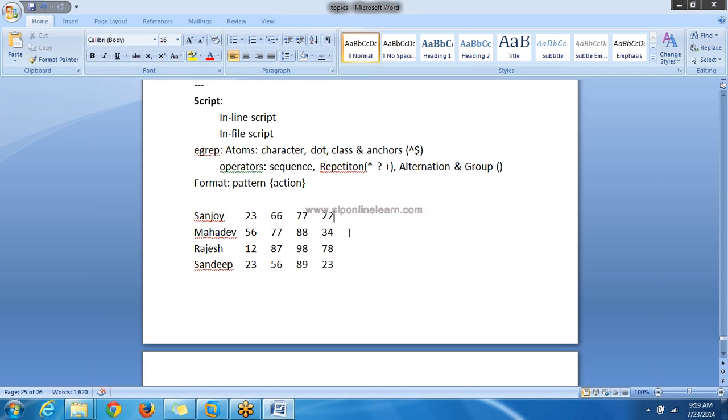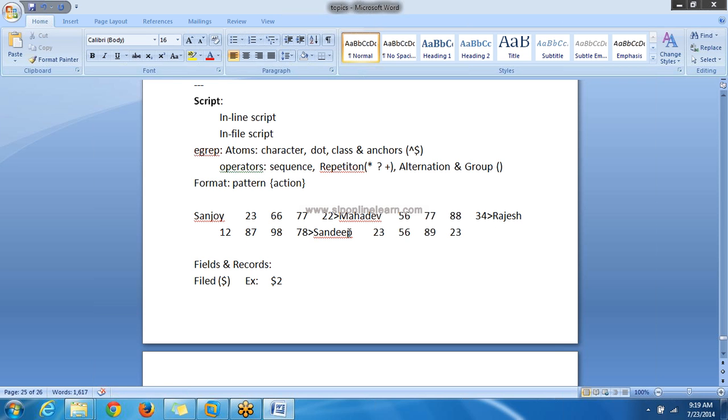Sometimes you can write all of these in one line and give some separator. Suppose like this. Now the data in the file is present like this. I am assuming that whenever the greater than symbol is present, up to here this is one line, and from this particular symbol this is the next line.